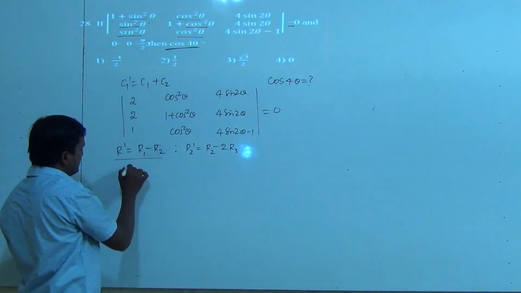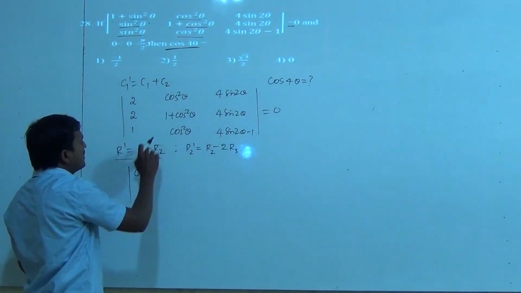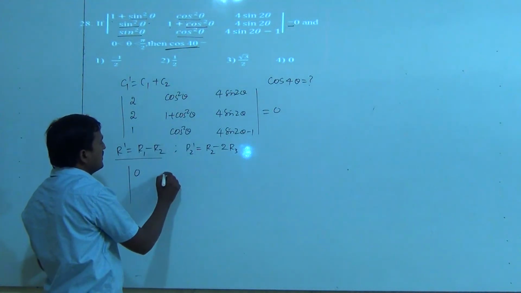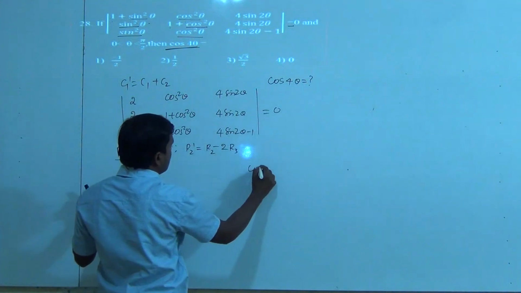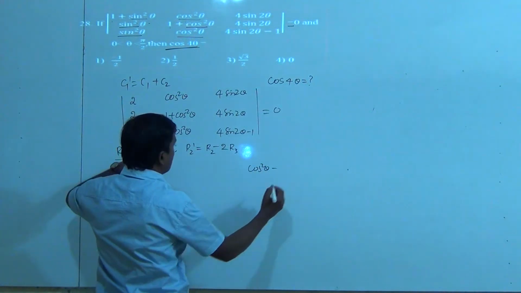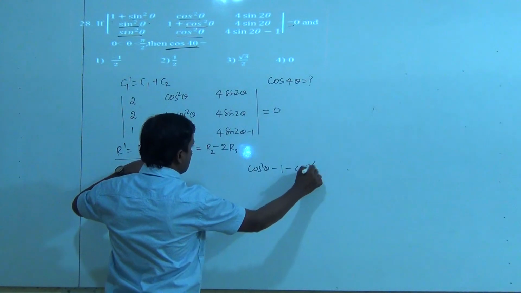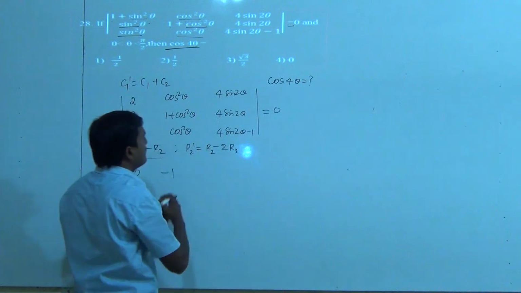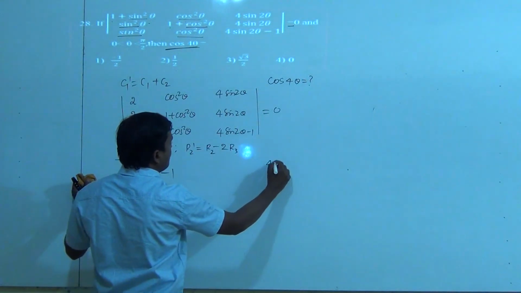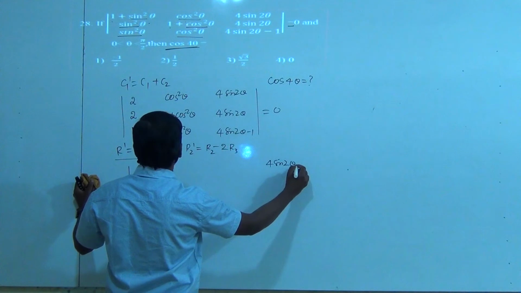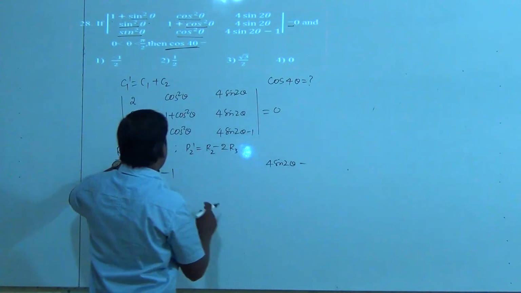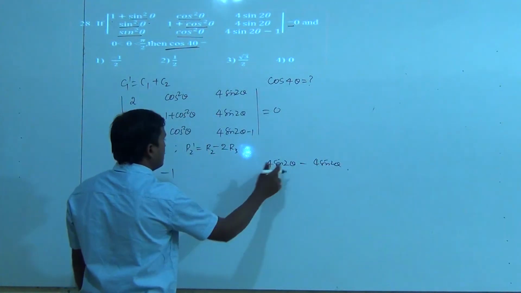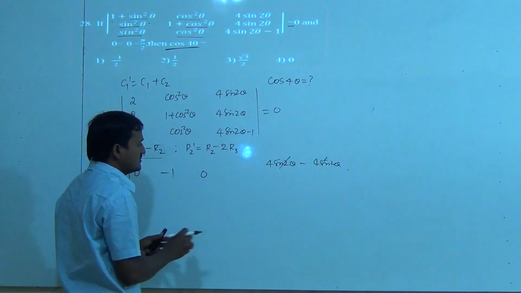So 2 minus 2 becomes what? 0. What about this? R1 is cos square theta minus of 1 plus cos square theta. So clearly what it becomes? Cos square theta minus of R2 is minus 1 minus cos square theta. This term and this term will get cancelled, minus of 1. Okay, next. What about this? So clearly it becomes 4 sin 2 theta, right? And here it is R2. What is the R2? So that is a minus of 4 sin 2 theta is there. So clearly this and this will get cancelled. Clearly it is a 0.